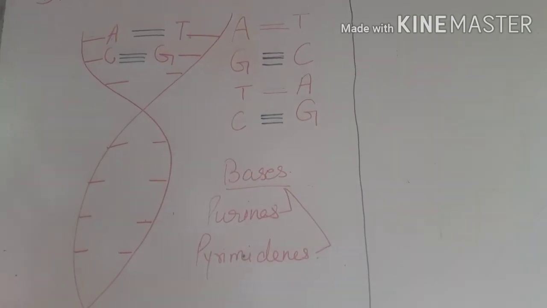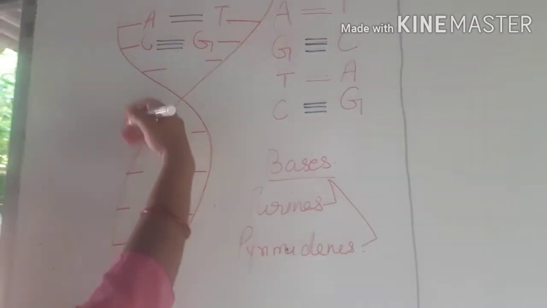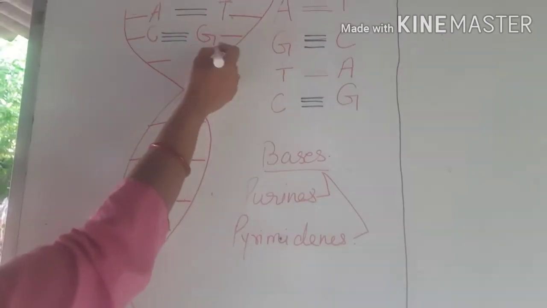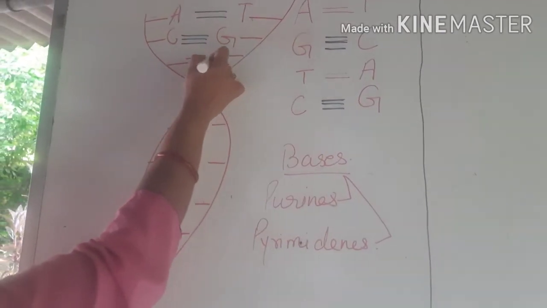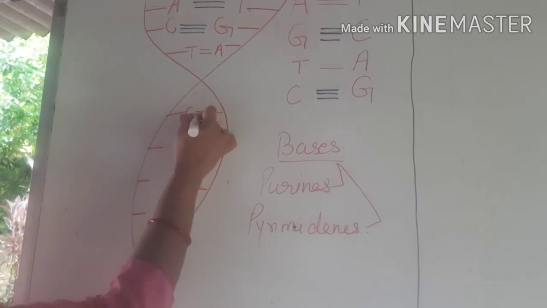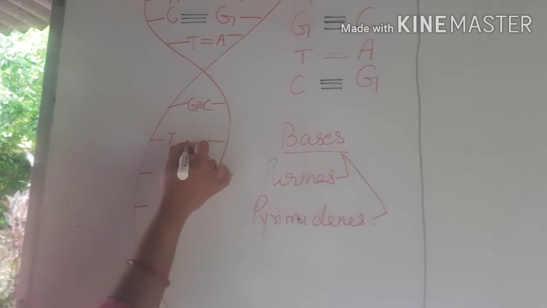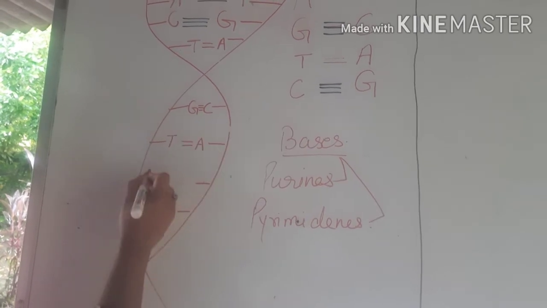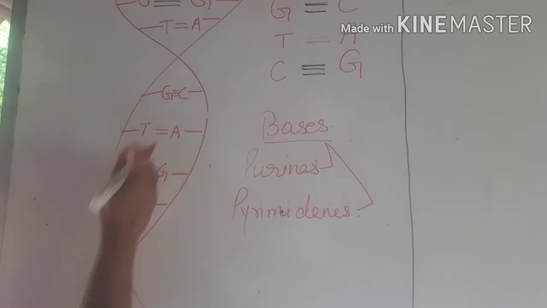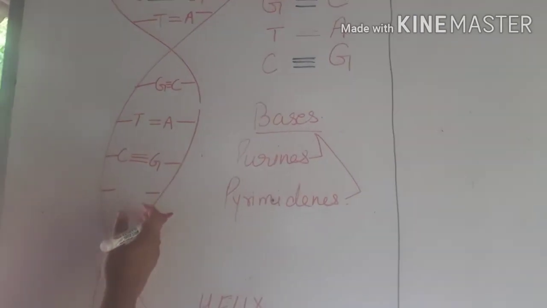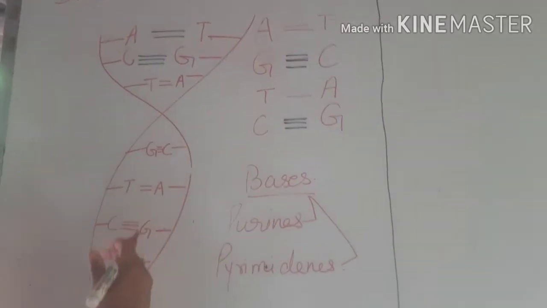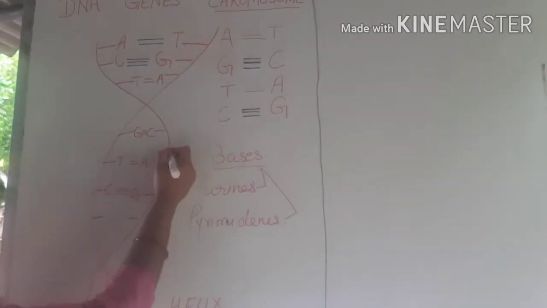In this way, A, G, T, C can be present in whatever manner. Suppose here T is coming, so it is going to combine with A. Suppose G is here, so it will combine with C. Suppose again T is here, it will combine with A. Again, if C is here, it is going to combine with G. Why am I telling you this again and again? Because this is the DNA structure and these are the bases arranged in it. But what about the gene now?